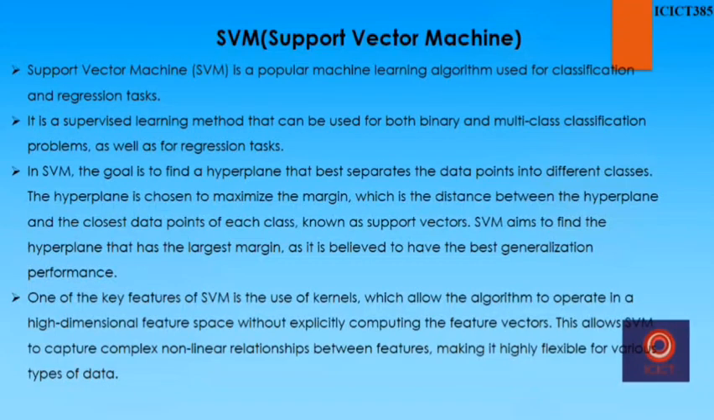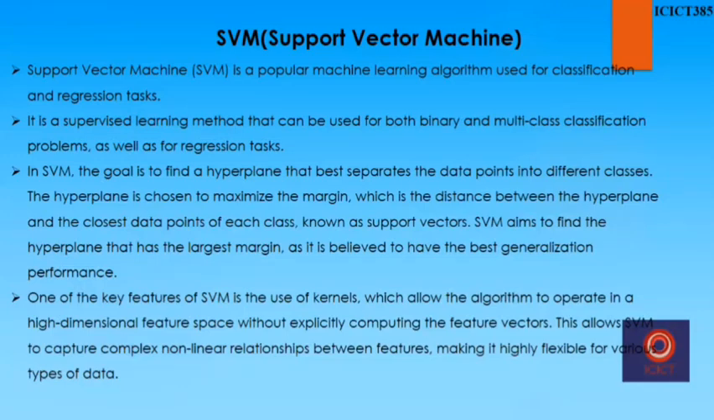Coming to the SVM algorithm, it is a support vector machine. It is a popular machine learning algorithm used for classification and decision tasks. It is a supervised learning method that can be used for both binary and multi-class classification problems. In SVM, the goal is to find the hyperplane that best separates the data points into different classes. The hyperplane is chosen to maximize the margin, which is the distance between the hyperplane and the closest data points of each class,